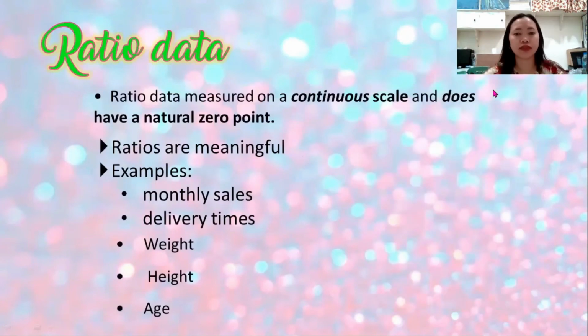Ratio data is measured on a continuous scale and has a natural 0 point. Ratios are meaningful, unlike interval. Examples are monthly sales, delivery times, weight, height, or age. These are ratio data. Another example, if one person has 200 Instagram followers and another person has 100 followers, then